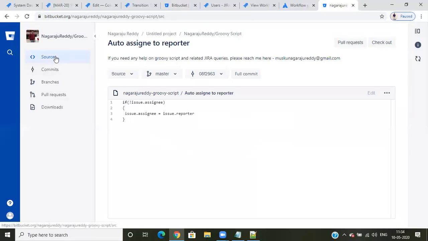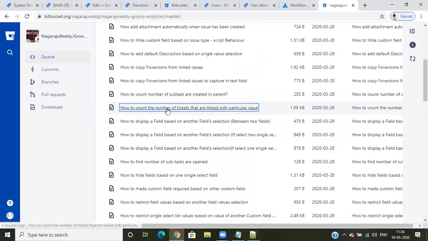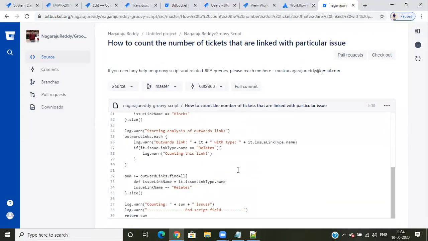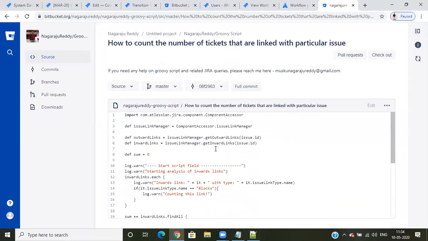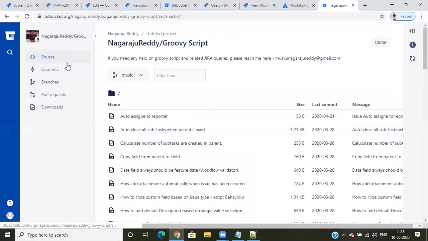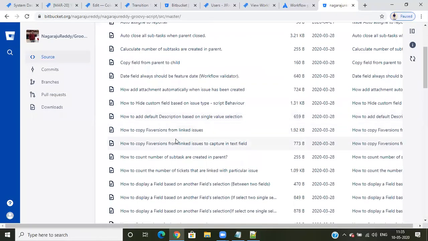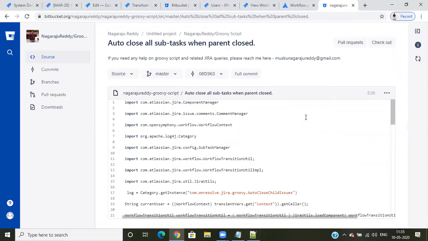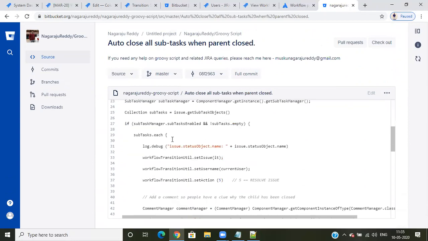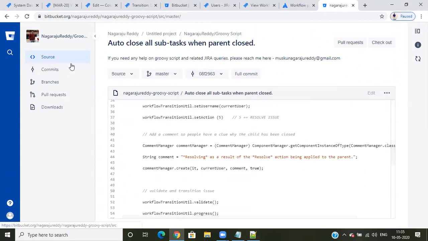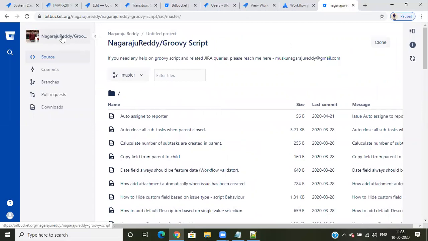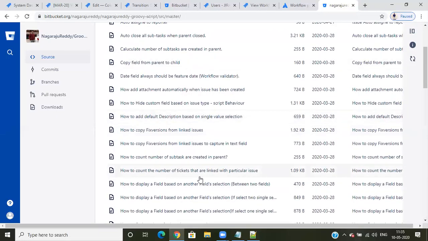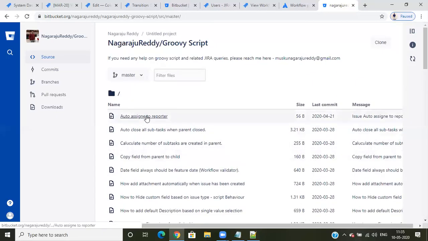These are simple codes we have written here, though some of the codes are very big. They are all related to development, from a development perspective. So when I paste my code here, this is all my project, suppose it is the Maruti project. My name is Nagaraj Reddy, Groovy script. So all people can paste their code here, and we can link it.